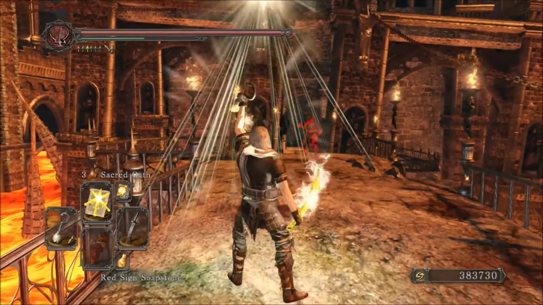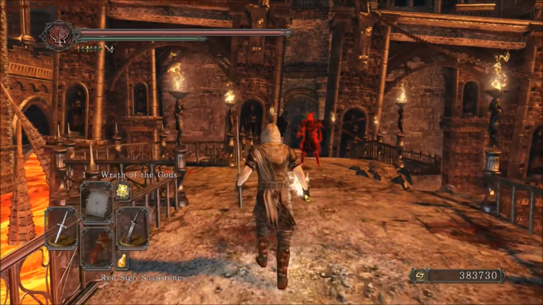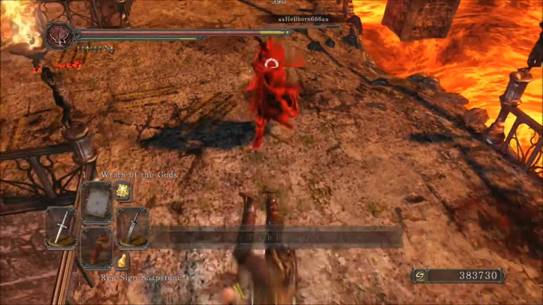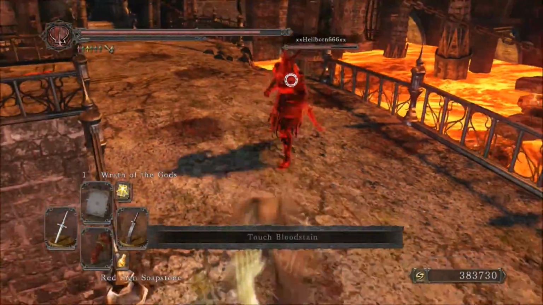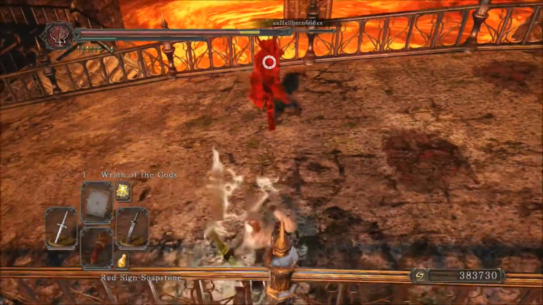Overall, what I have to say about this build is that it's really good. It's good at dealing a high amount of damage in quick sessions. The only weaknesses that I could find are the amount of stamina it uses up and the range factor, because you're using short swords. But whatever, as long as you get into the person's face and start staggering them, then you're pretty much already winning the fight. So yeah,